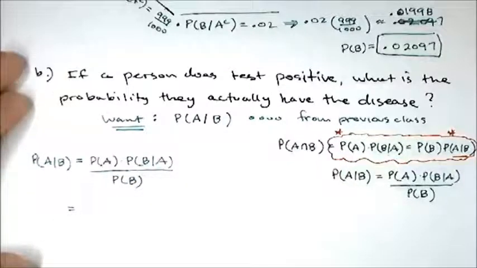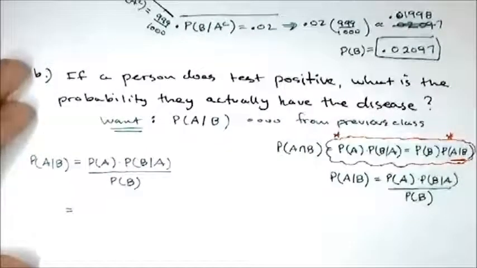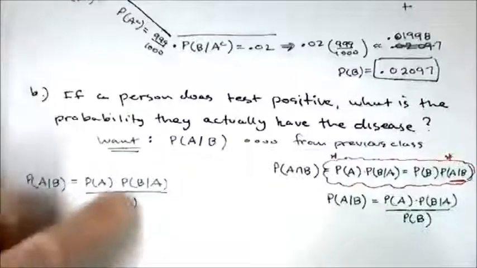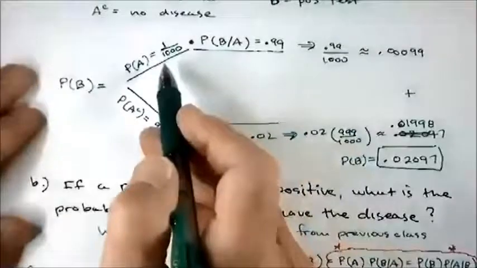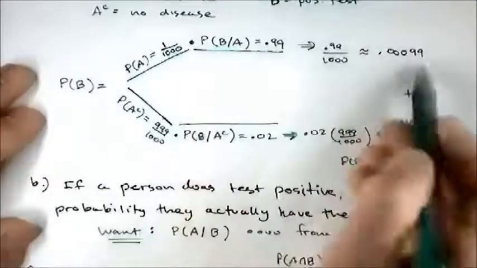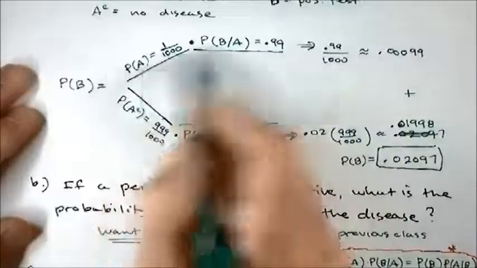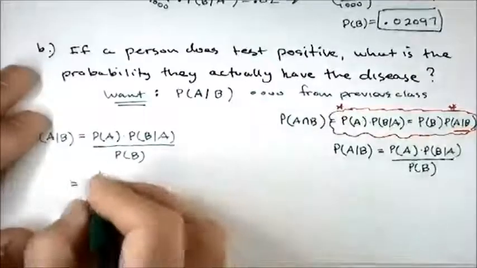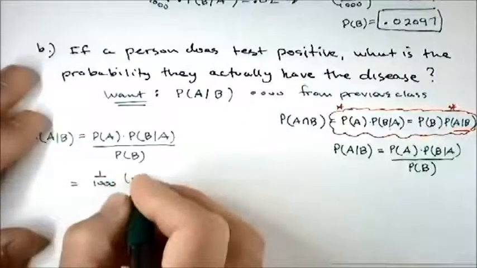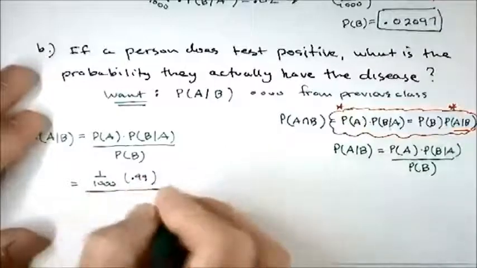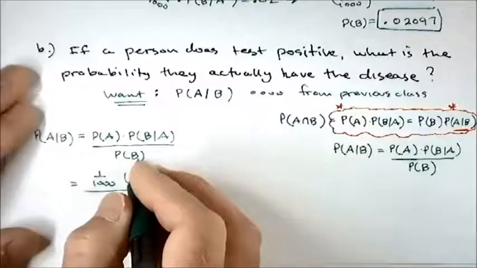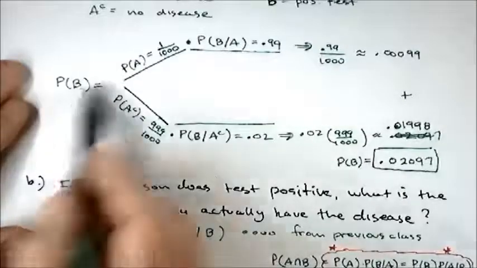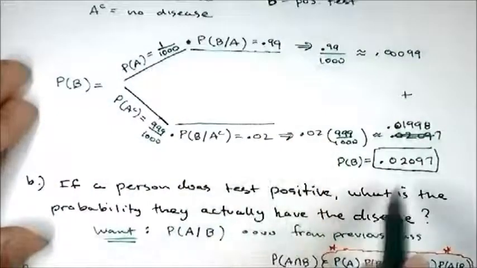And we actually have all of that information in the problem. If you go back up to your tree diagram, probability of A times the probability of B given A, we did that, right? These were the people who have the disease. Probability of A times the probability of B given A. That was your 1 over 1,000 times 0.99. And the probability of B is the probability that a person tests positive, which was our whole answer, right? That's what we found in part A. That was both of these, right? So that is this